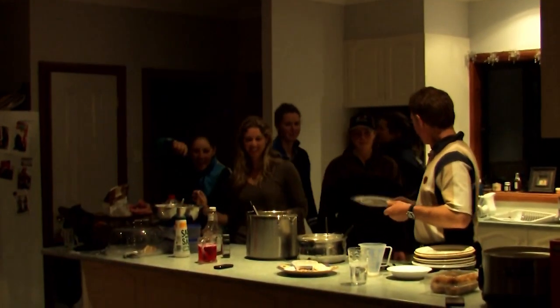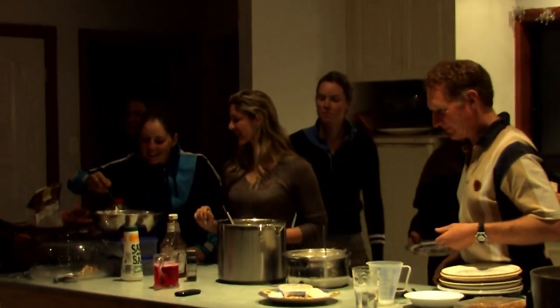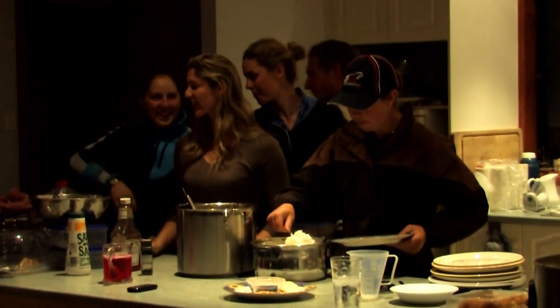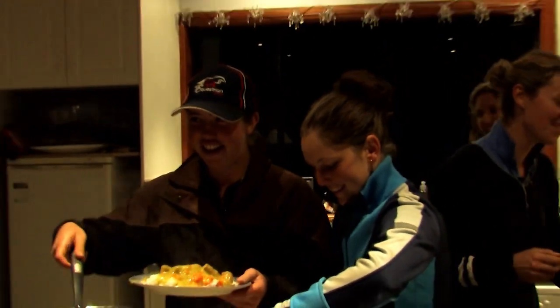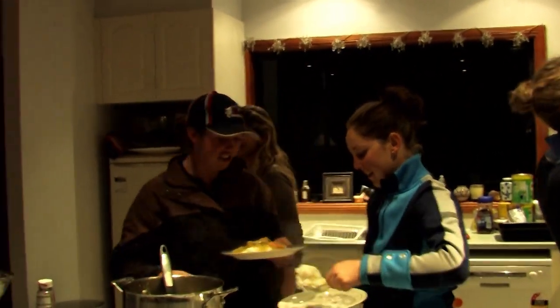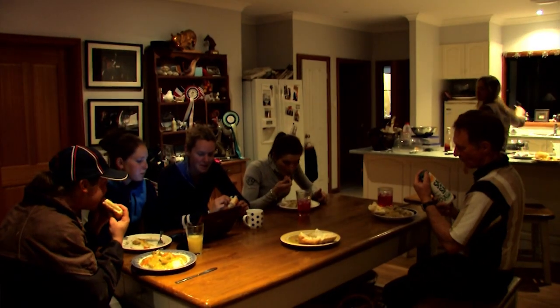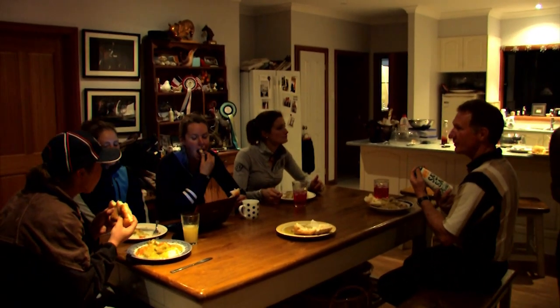Dinner represents the end of the day, and this is a communal affair. Usually Rosie is in control here, so this is a bit of rare footage, with Rosie being away overseas at the time. In times like these, I will often be in charge of dinner, and this is of some concern